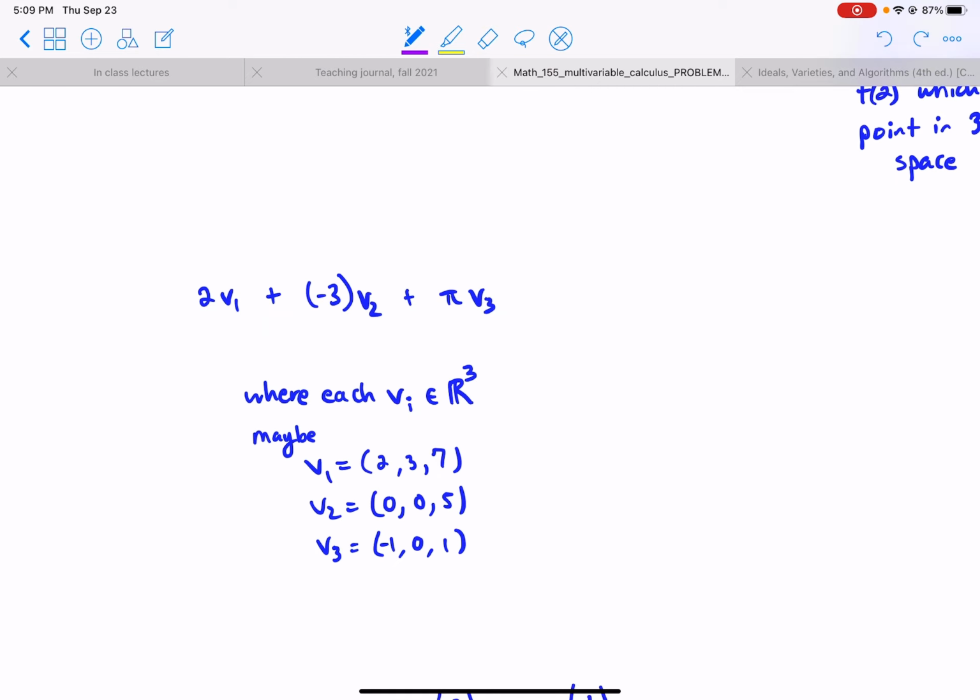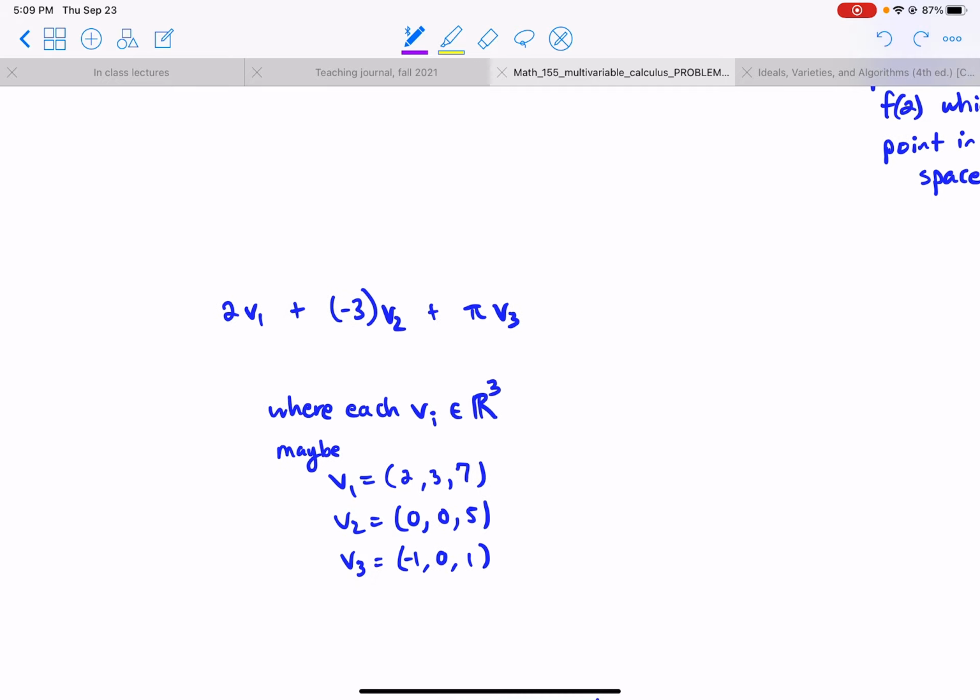And now here's one more thing. So down here I have parentheses yet again. And here the parentheses are sort of like multiplying because you're scaling this vector. This is where I have to tell you what is v1, what is v2, what is v3. I have to tell you that, and I do down here. I say where each vi, v1, v2, v3. So i here is an index. It's standing for 1 and 2 and 3, all of them at once,